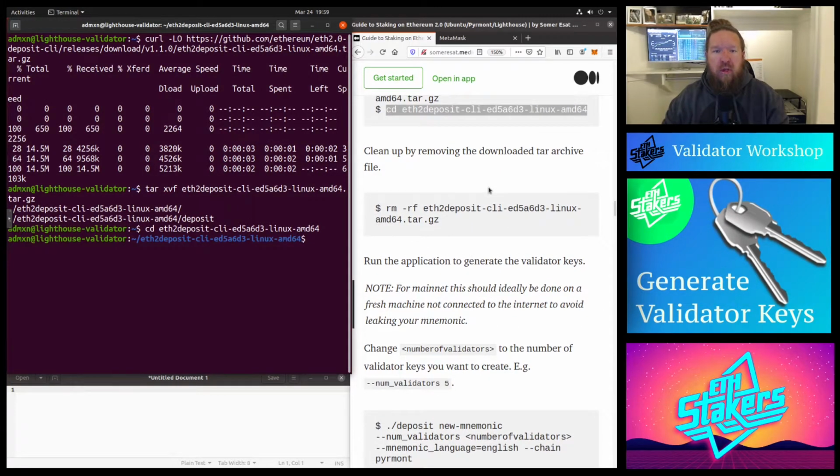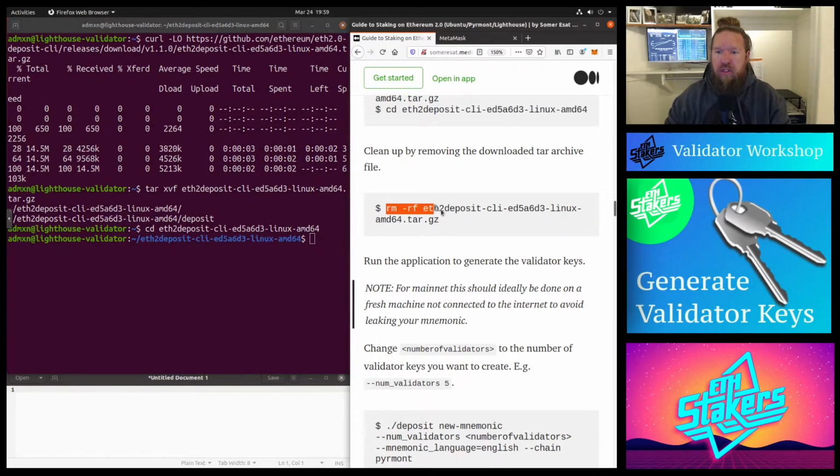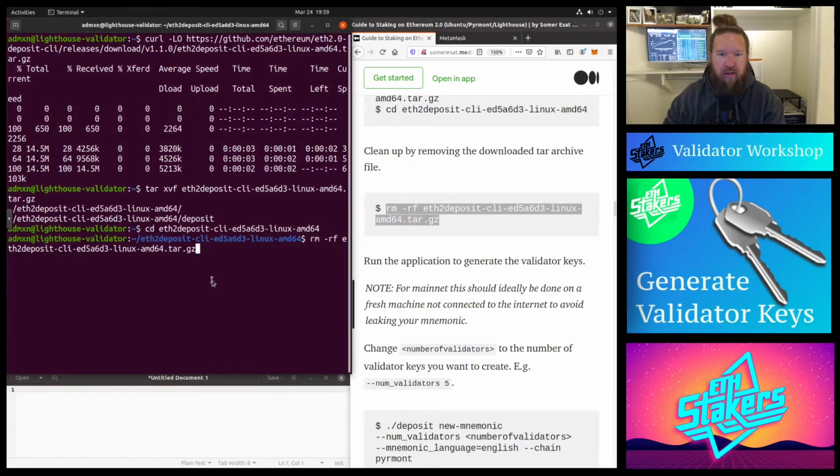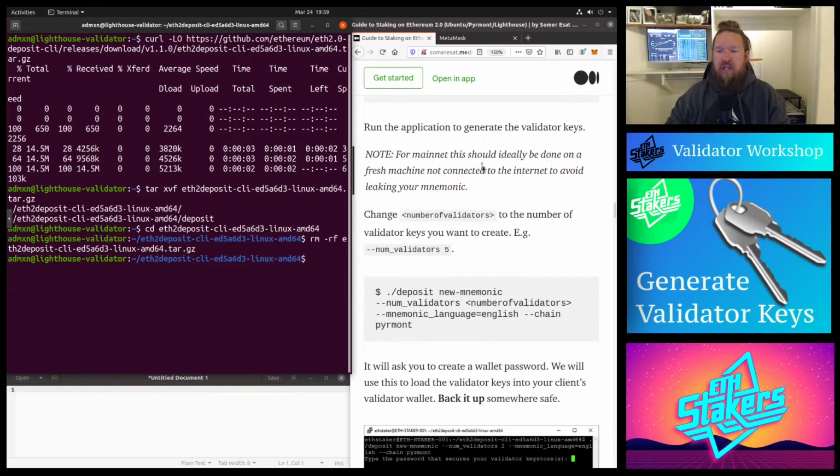And just a quick housekeeping item here. We're just going to remove the downloaded package that we no longer need. And we're all set. Now what we're going to do is run the deposit CLI program. It's effectively a text-based wizard that sets up your deposit keys, your deposit file, and your key store